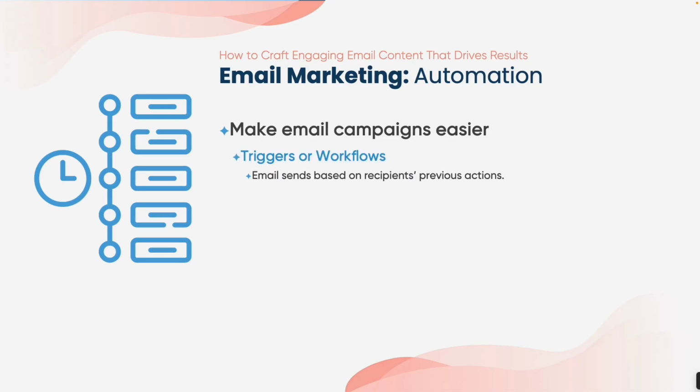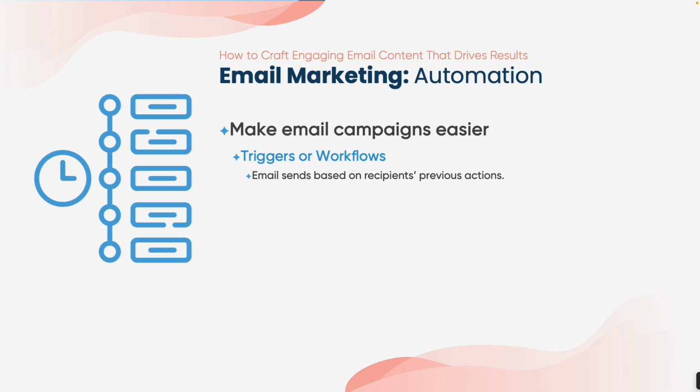Triggers or workflows are basically emails that go out based on recipients' actions. So if you have an email sequence for a sales conversation, suppose someone's filled in a landing page and now they want a sales conversation with the sales rep, they may get a series of emails based off of that action. So they're going to get a confirmation, talk to someone, a link, maybe the next email is a follow-up email saying you have a sales call scheduled for Tuesday.